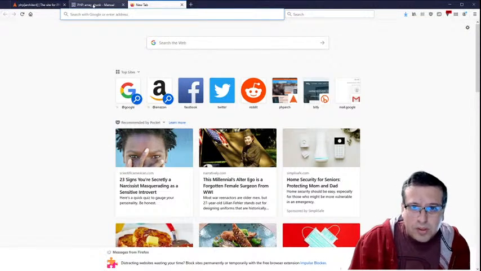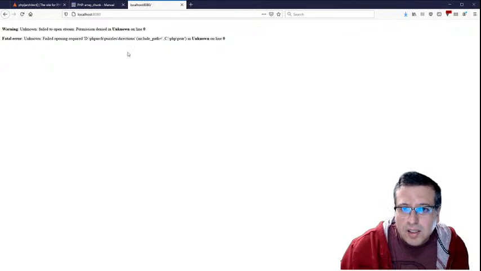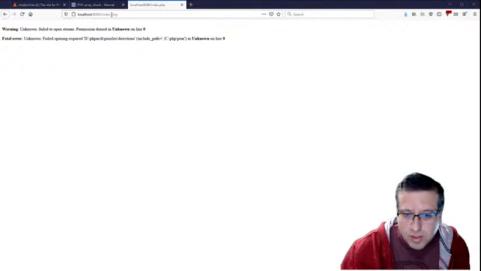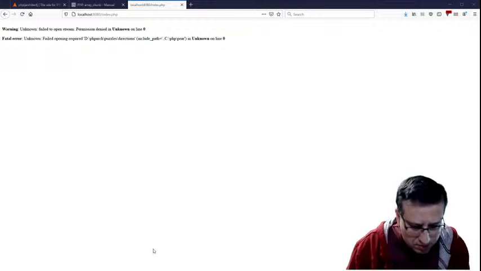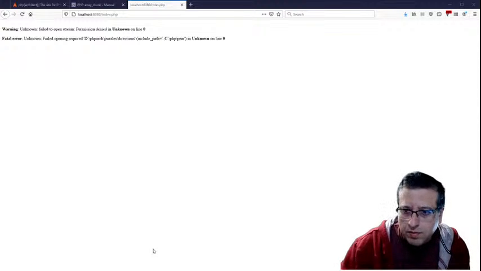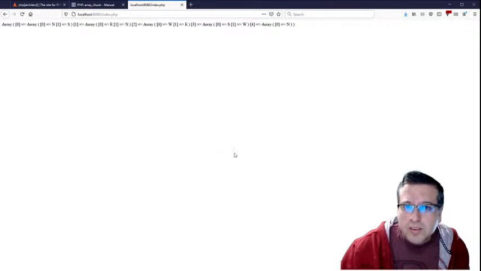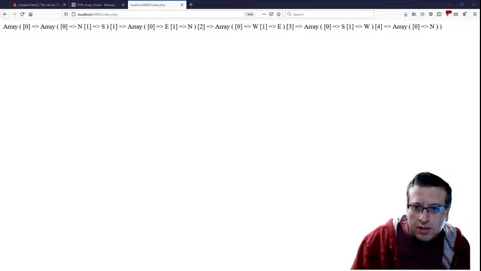So then in our browser, let's go see. I should be able to go to localhost 8080. Permission unknown. All right, yeah, so I messed up one of the switches here. Is it -t that tells it what the document root is? If not, I'll have to look it up. Yep, that was it. All right, let's bump up the font size. Normally I use Xdebug and stuff to do this, but